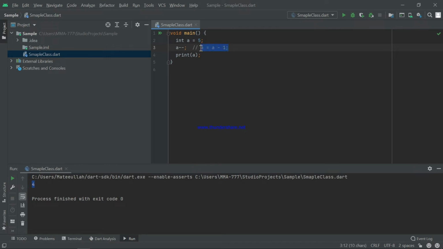The decrement operator means the value is decreased by 1. This is the same as writing a equal to a minus 1. The result will be the same. Increment simply means plus 1, and decrement means minus 1.